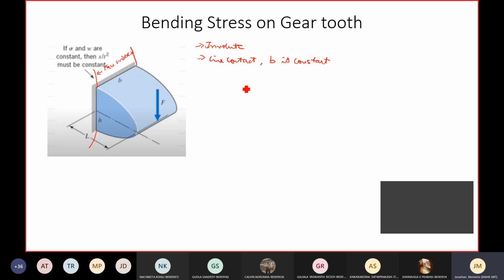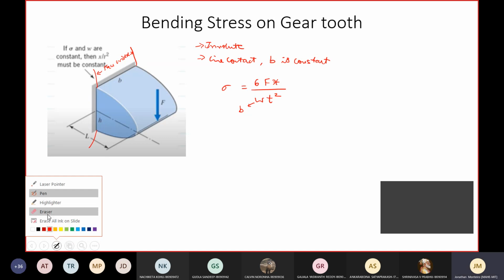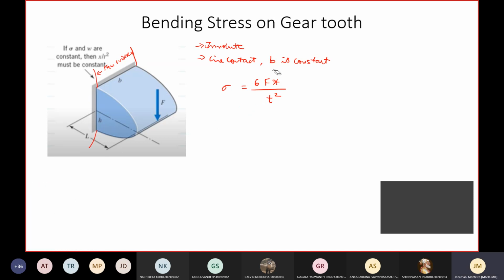We will see. So sigma is equal to 6F into x in the same terminology by Wt square. W and B here are interchanged. I can write this as B here. Don't get confused because the figure is not matching. I've taken it from different sources, so there might be a slight mismatch, but don't be confused. I will use this one itself, no problem. Bt square. On similar lines, we can write 6Fx by Bt square.